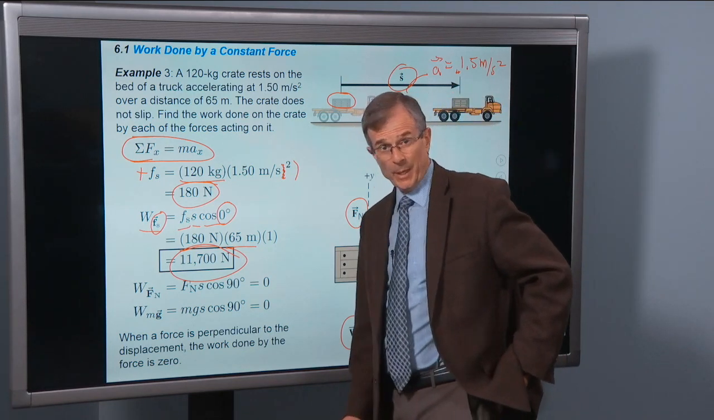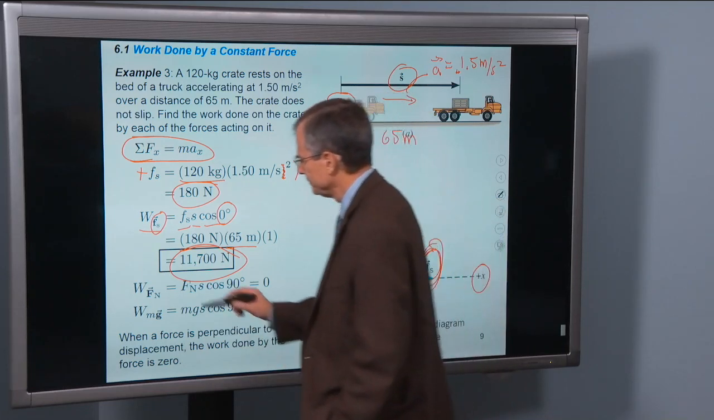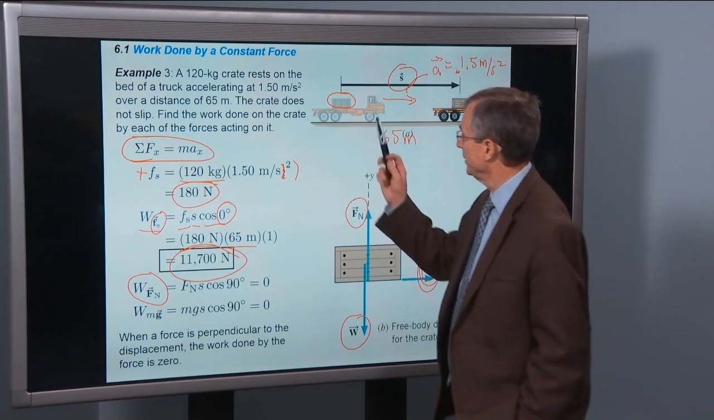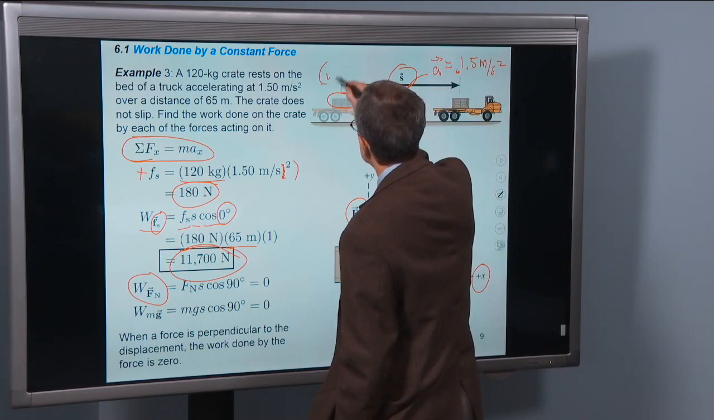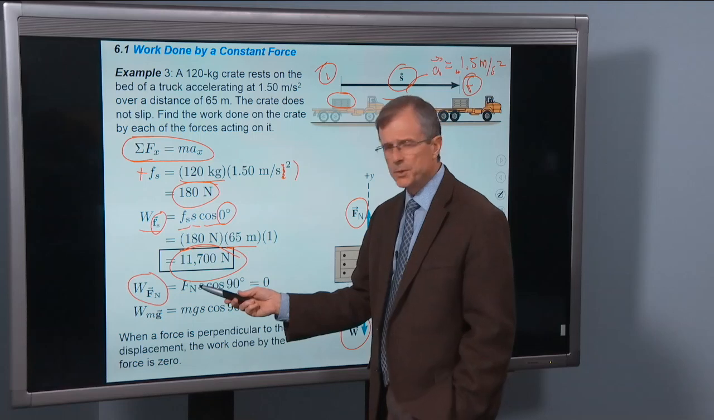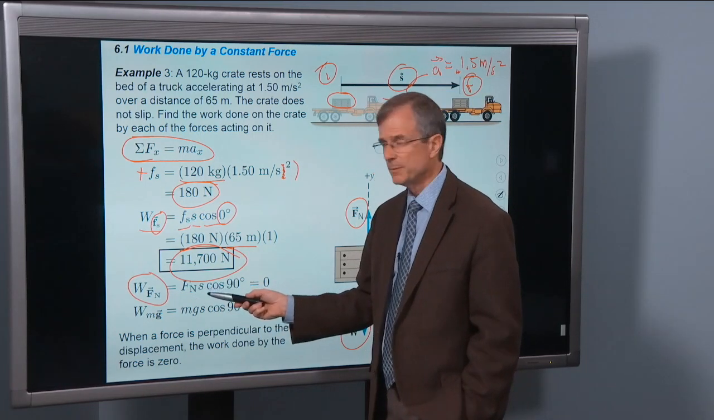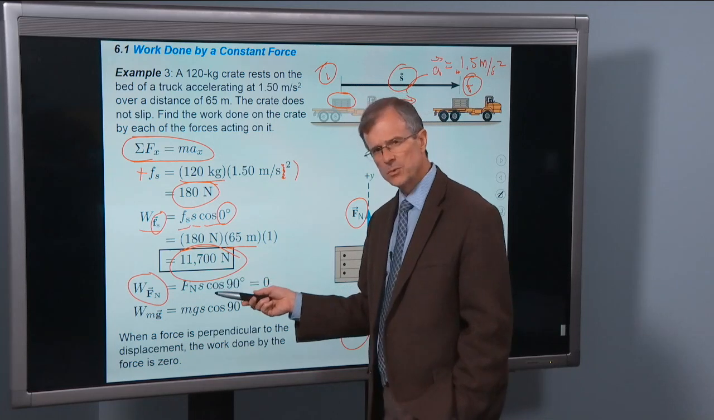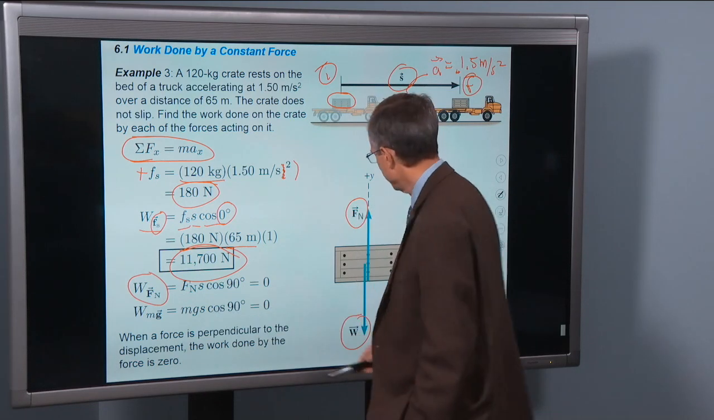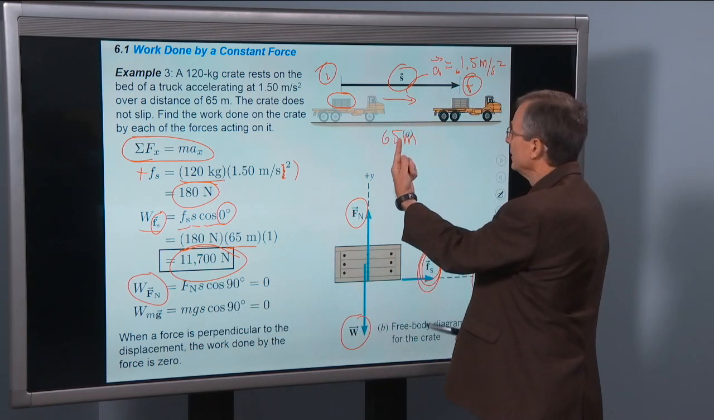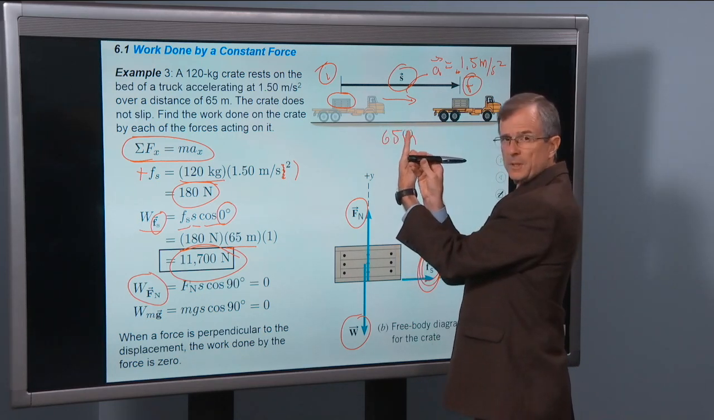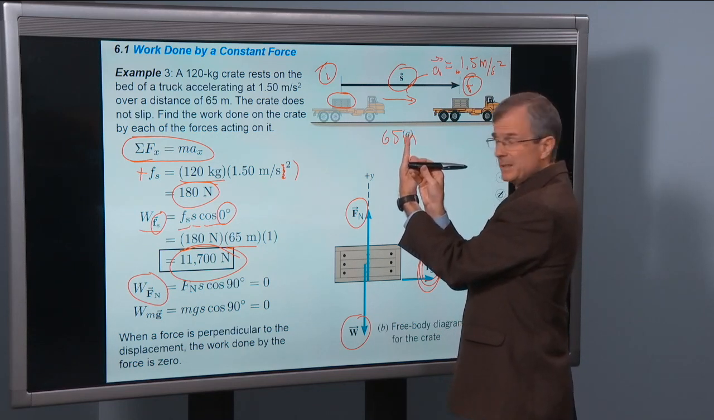Now, let's figure out the work done by the normal force. That's this. Work done by the normal force during this displacement, starting here, ending here. Well, it'll be the magnitude of the normal force times the displacement, 65 meters, times the cosine of the angle between the normal force and the displacement. Well, let's have a look. Here's the normal force. It's up. Here's the displacement. It's to the right. What's the angle between this normal force and that displacement? And you say, well, 90 degrees. And I say, yeah,